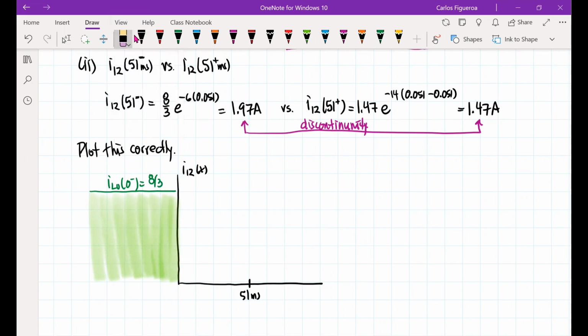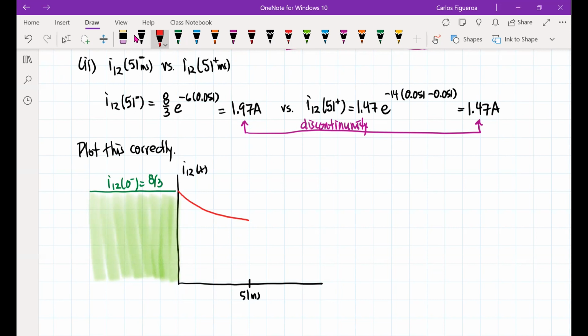Because note, that is I12. That's not the inductor that we're plotting. And then there's a smooth transition. So if I look at the smooth transition here, I'm going to come here. And what you're seeing here is that it's then going to go down to